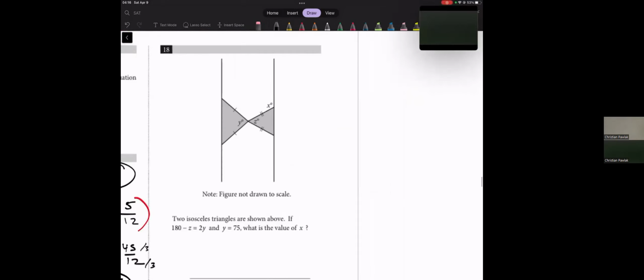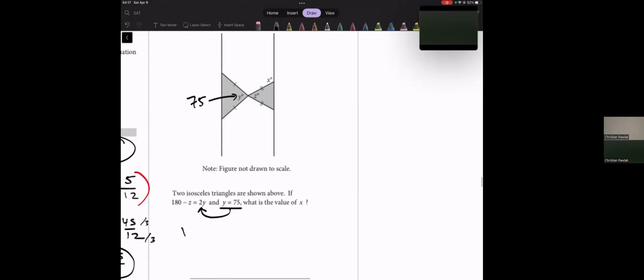All right, for this one, number 18, two isosceles triangles are shown above. If 180 minus z equals 2y, and y equals 75, what is the value of x? So I know in this picture, this angle right here is 75. I also know I could find z because it says if y is 75, I can plug that in there. So 2 times 75 is